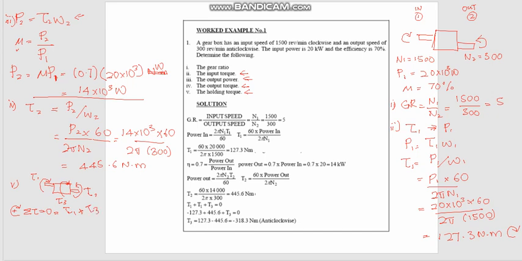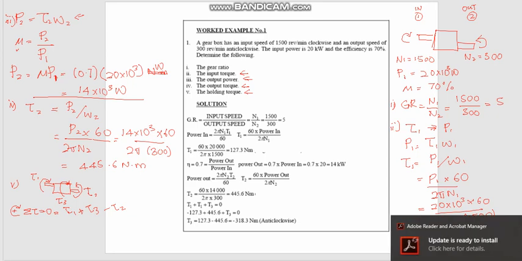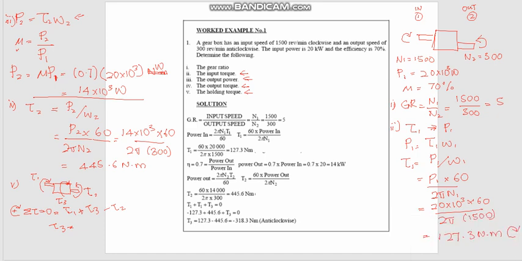And tau 2 is negative because it's counterclockwise, so negative tau 2 must equal 0. Then I can calculate the holding torque. Tau 3 equals tau 2 minus tau 1, and we have tau 2 equals